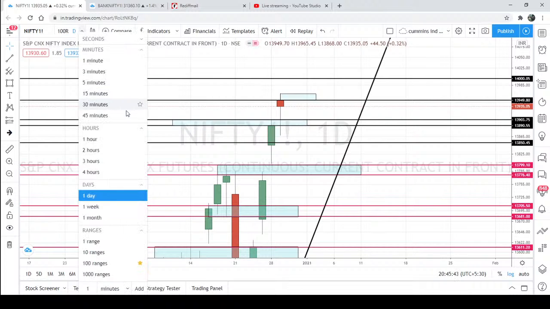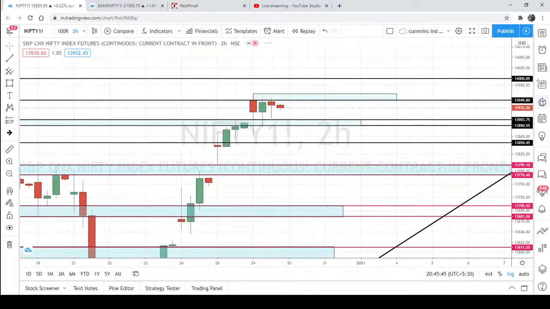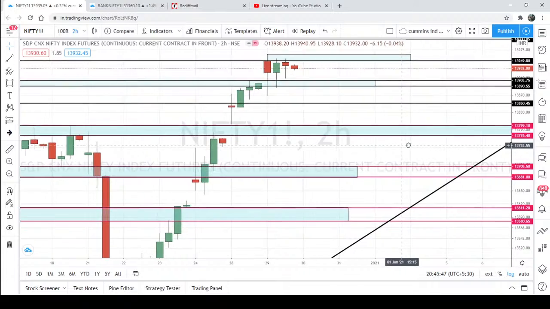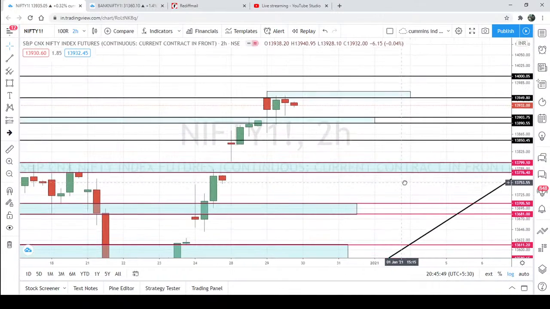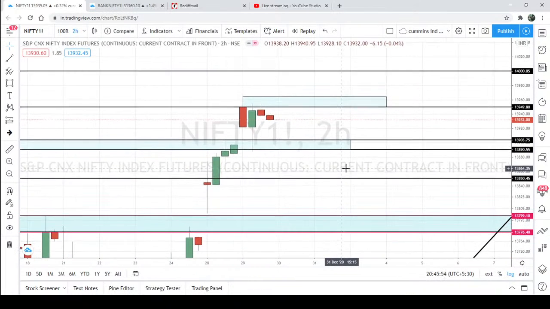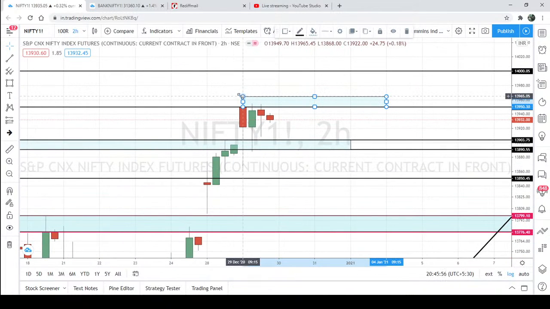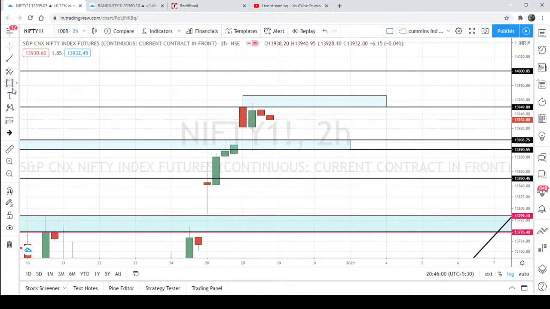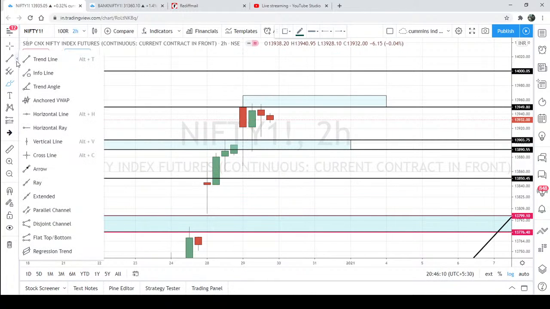Okay, let's go ahead to 2 hours chart and check out what has happened. In 2 hours chart you can see a beautiful pattern, that is inside bar. I've been talking about inside bar for a long time now. Even on daily there was an inside bar previous week. You can see here the inside bar, what I'm talking about is this bar. This is high to low. This becomes a very important range for tomorrow's trading.